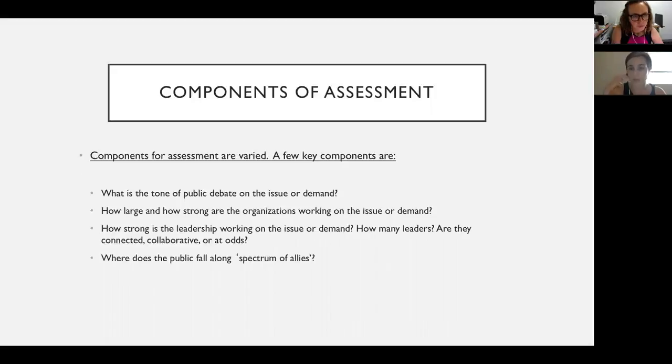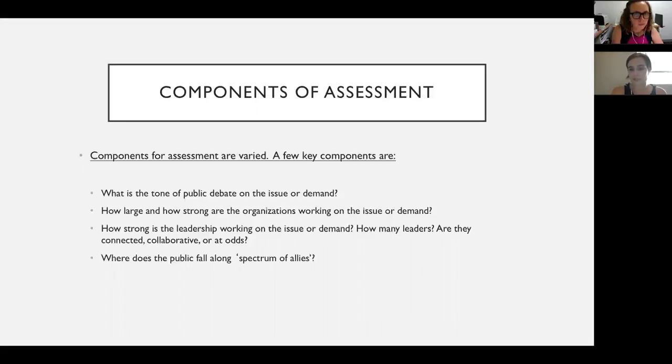So we're going to talk about the spectrum of allies in a minute. But I can't totally do it here. But one way to think about it would be to do a mapping where you're drawing a variety of different circles if you're thinking about taking on an issue or demand, right? So that you actually are putting in the circles some different areas. Let's think about this. So let's take an example. When we think about what is the climate for the question of immigration work, let's say, for example,